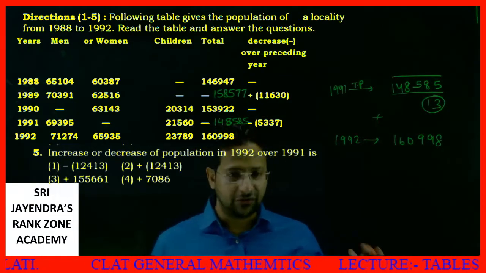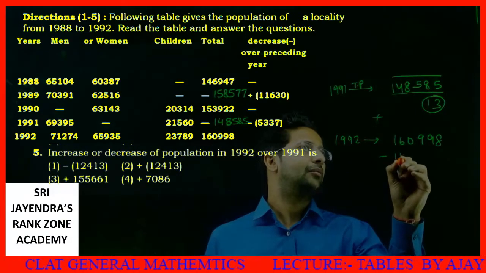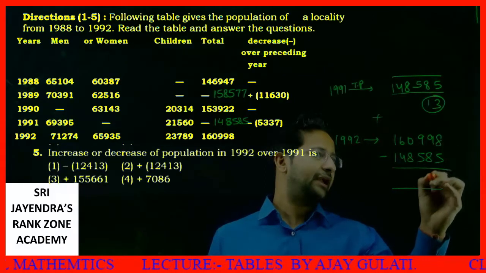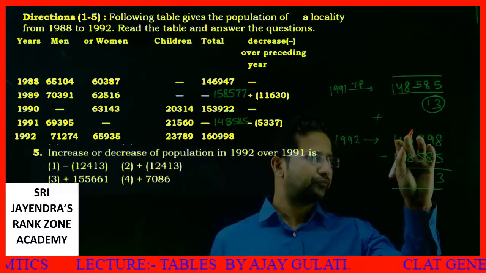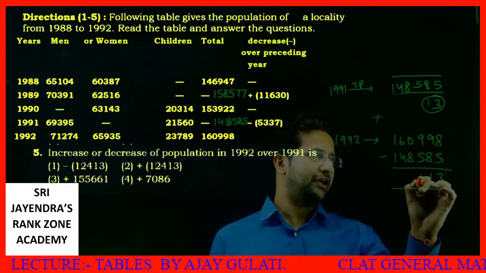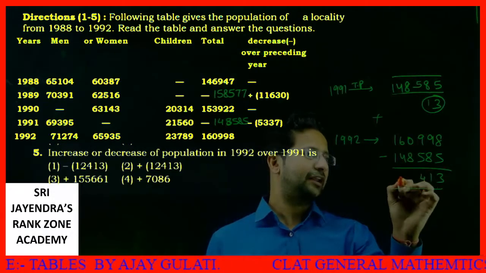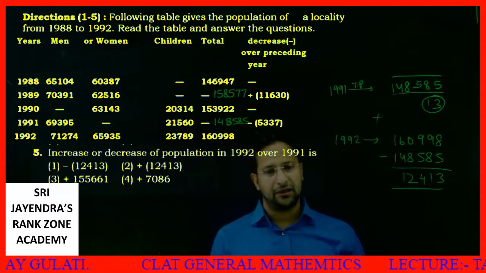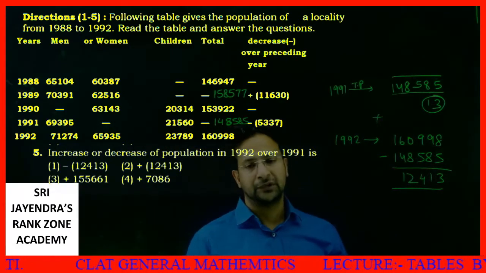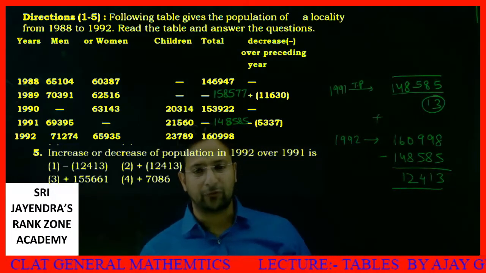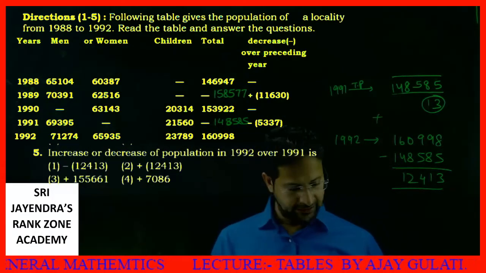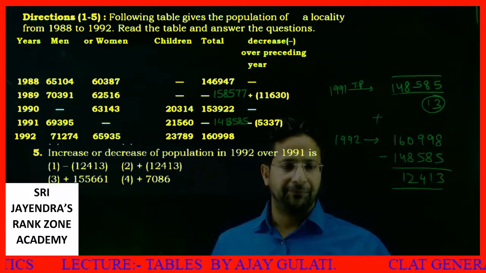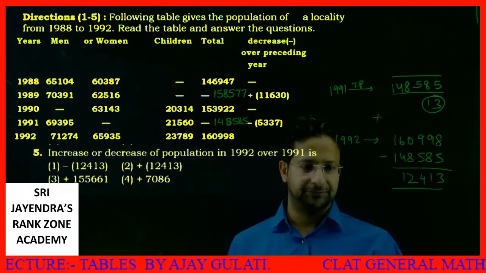That is your answer. If you want to do it in detail, I'll subtract this. Minus 148585. 98 minus 85, 13. Then 9 minus 5, 4. 160 minus 148 is 12. 1, 2, 4, 1, 3. This must be clear to all of you, my dear students. Should we move ahead? Next type of question? Yes, I'm moving forward. You can revise the video, just copy all of whatever you want. Till that time I bring to you the next set of questions.